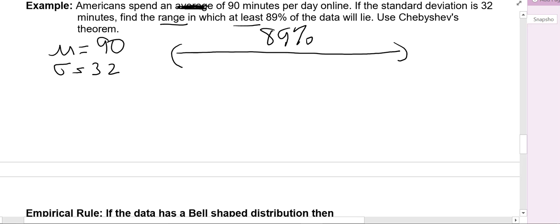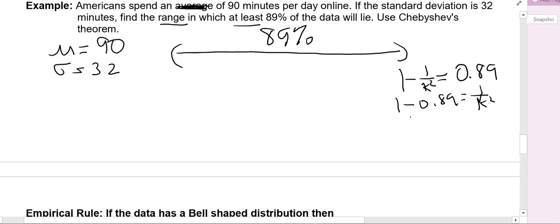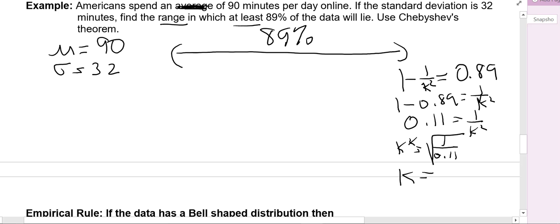Once again, Chebyshev's relates the number of standard deviations to the percentage of data, right? That's what Chebyshev's tells us. Well, again, I can solve this for k. 1 minus 0.89 is 1 over k squared. 0.11 is equal to 1 over k squared. k squared is equal to 1 over 0.11. So I take the square root, and we get k is equal to,